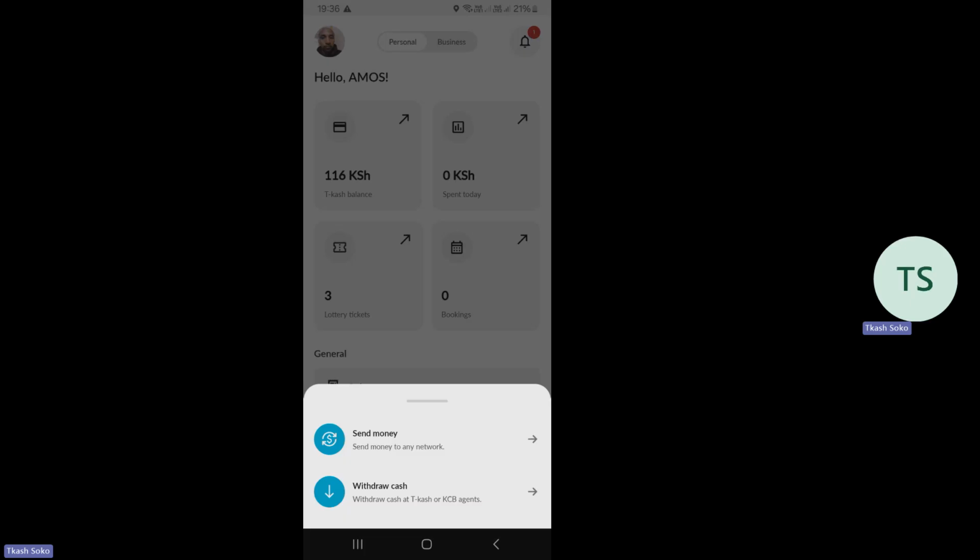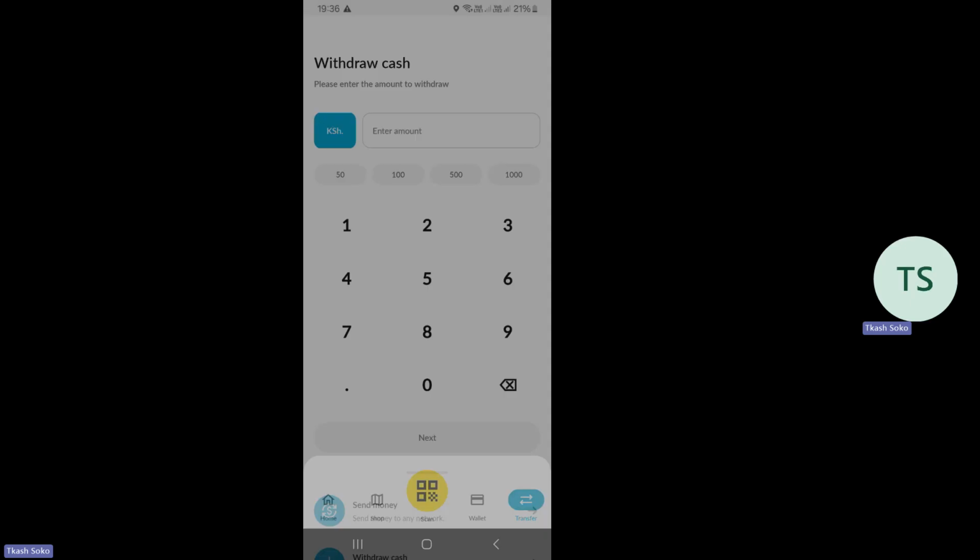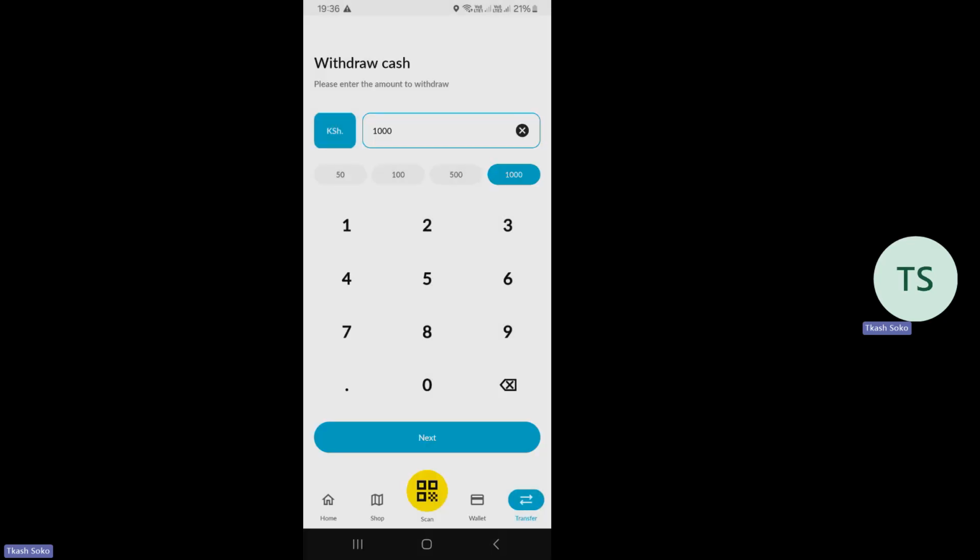Once you press on withdraw cash, you have to type the amount that you want to withdraw. For example, say I want to withdraw 1,000. You type the amount, then you press on next. Once you press on next, you must know your PIN code. Lazima ujue PIN yako ni gani.